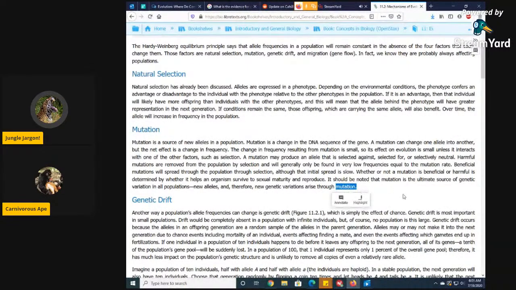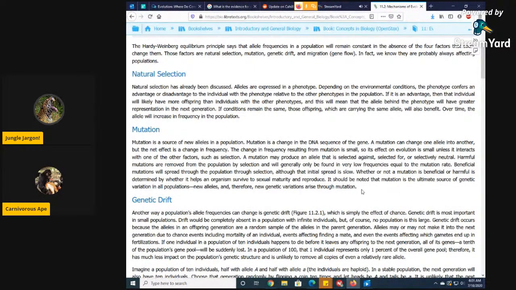So this seems to be the only thing that seems to cause evolution. It's not the only thing. It's the driving factor, though. Evolution, yeah. So what else did I once see? Whether or not the mutation...